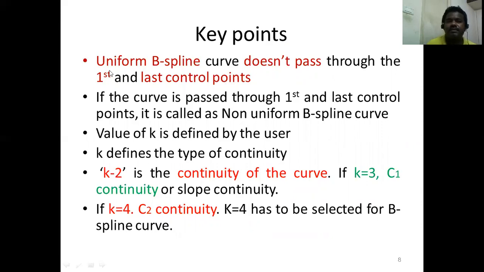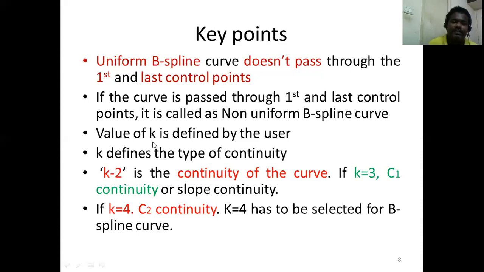In case of uniform B-spline, it will not pass through the first and last control point. If the curve passes through the first and last control point, it is called a non-uniform B-spline curve. The value of K is defined by the user. What is K? The number of control points influencing a particular segment of the curve is known as